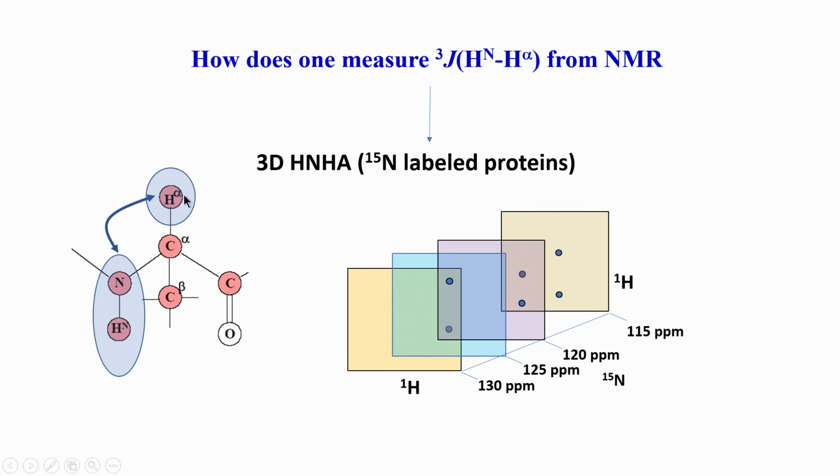This is a very important point, because we do not want to go like in HNCOCA, where it correlated with the previous amino acid; this is within the same amino acid. Now, the spectrum will come something like this. That means, in a 3-dimensional manner, we have seen this kind of a picture for other 3-dimensional experiments.